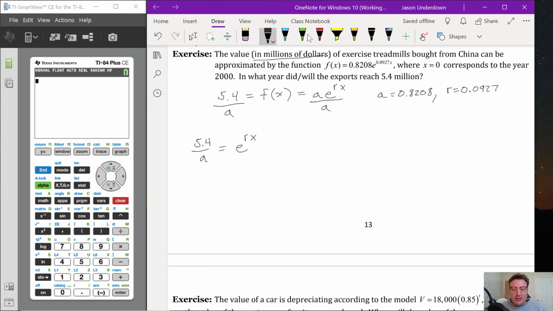And since I have exponentiation base e, it makes sense to use the natural logarithm here. So we'll take the natural log of both sides. I have the natural log of 5.4 over a, and of course the natural log of e to the rx power is just r times x. So then x is going to equal the natural log of 5.4 over a,